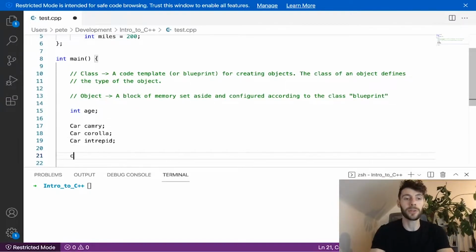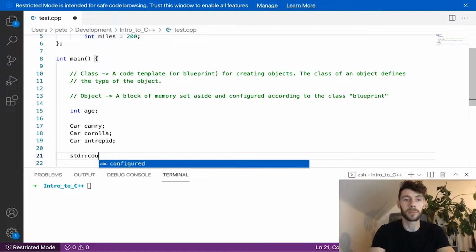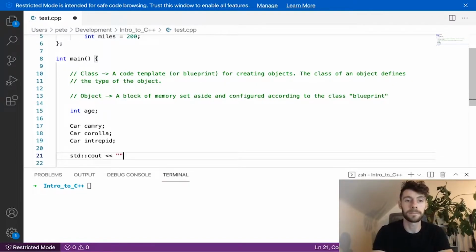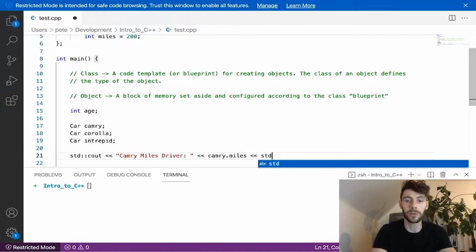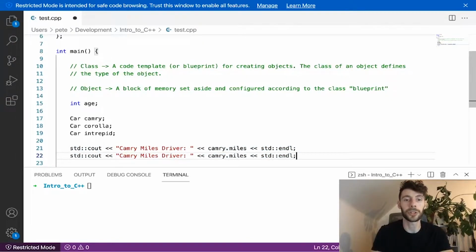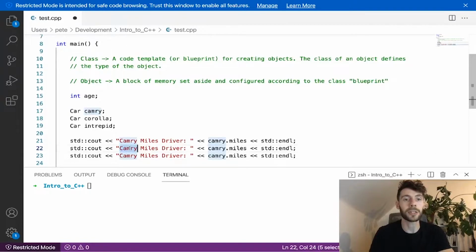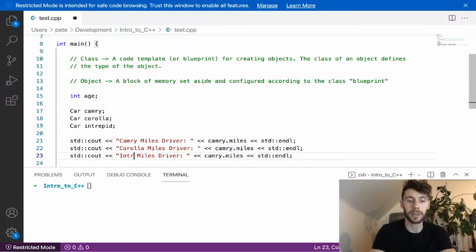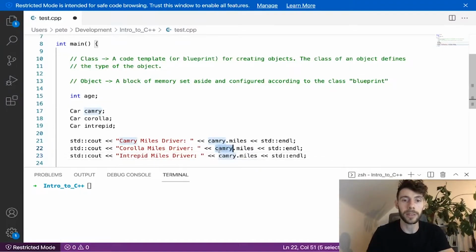So what I'm going to do is print out our, so we'll say Camry miles driven, and we are going to print out the Camry.miles variable. We're going to create an endline here. I'm just going to copy this for each car here: Corolla, Intrepid, and we're going to say Corolla.miles and